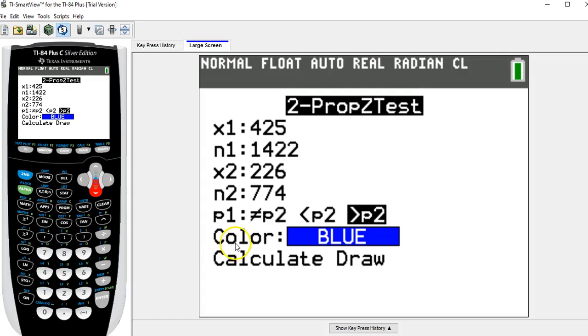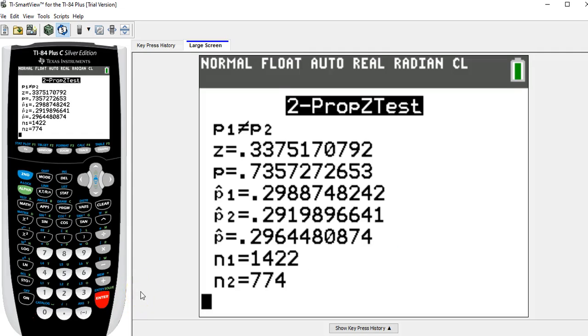Now the next line is supposed to match the form of the alternate hypothesis, and the alternate hypothesis for this one is a two-tailed test that they're not equal. So it's this first one here. So I'm going to make sure the cursor is on that one and hit enter. Okay, so notice now just that one is flashing. The color has to do with if you draw a graph. We're not going to draw a graph, so we're just going to calculate. So when I go down to calculate,